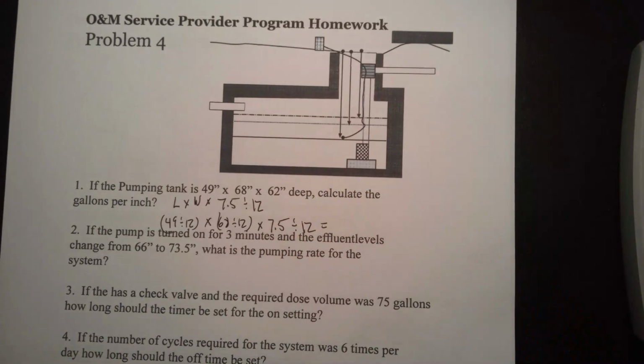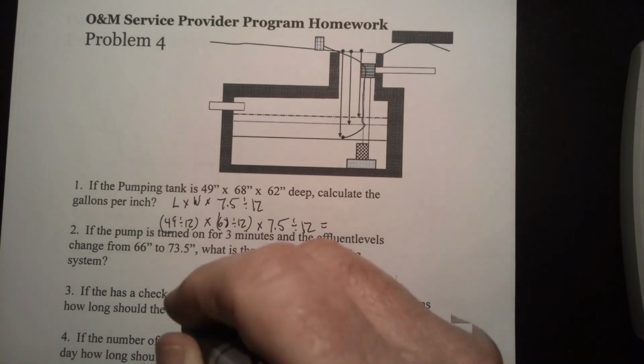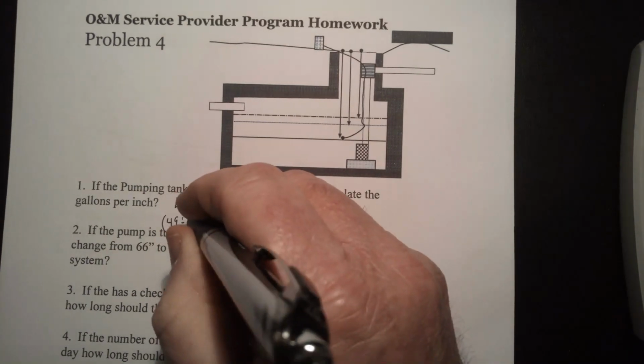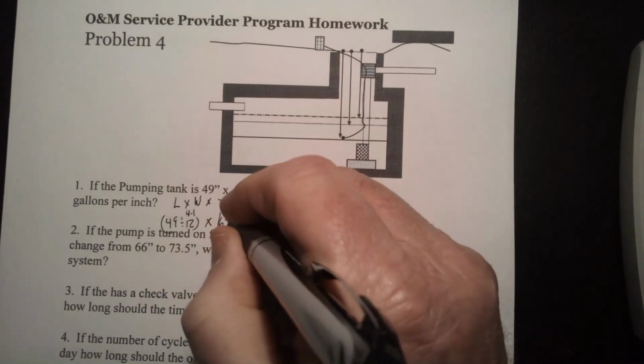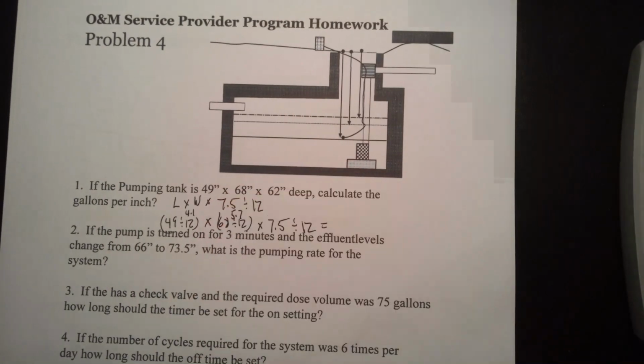Doing the math then, 49 divided by 12 equals 4.1. 68 divided by 12 equals 5.7. 4.1 times 5.7 times 7.5 divided by 12 equals,